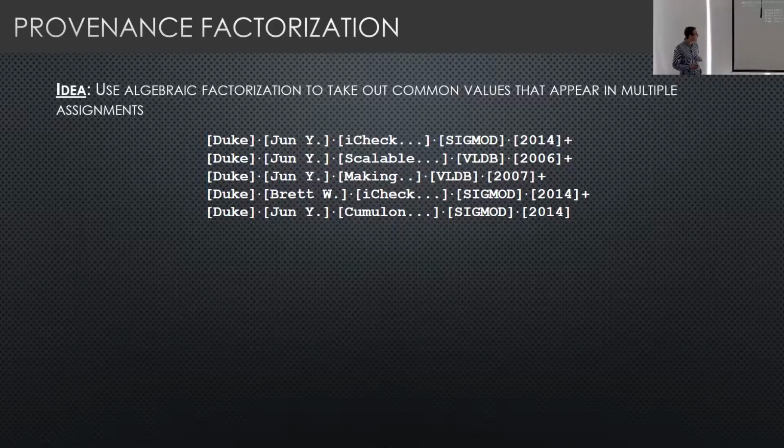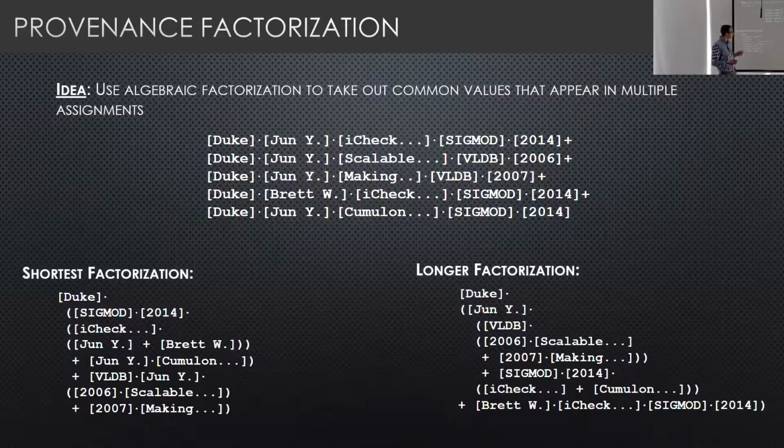So now let's consider this provenance polynomial that we've seen before, but this time containing only the values. Here are two different factorizations of this expression. The left one is the shortest possible factorization, and the right one is a longer factorization. Now, the standard in previous work has been looking for the shortest factorization since it's the best solution in terms